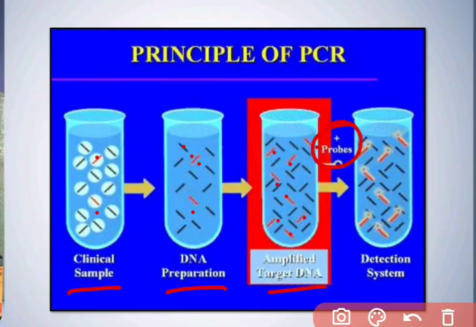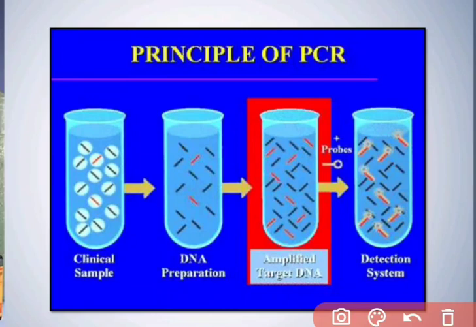Now we are applying the probes, that is, the complementary DNA to the clones that we have made now in the PCR technique. That complementary DNA is tagged with radioactivity. So now we can see that one detection system by which hybridization appears, and by autoradiography we can find out where the labeling is coming, where the stain is coming. So this is the procedure by which we can detect it.